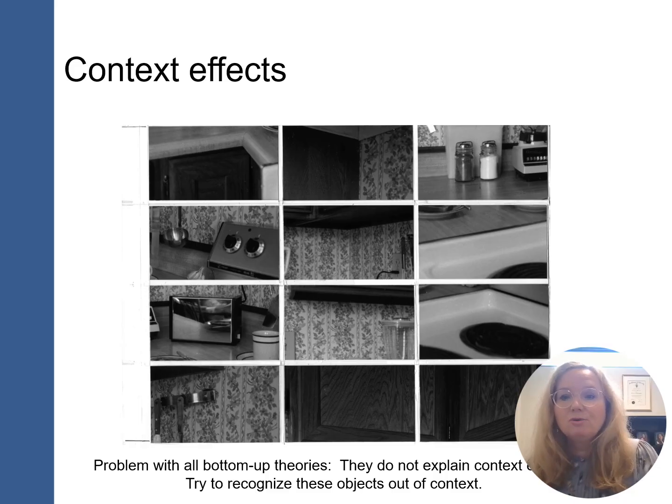Okay, so we are obviously doing nuanced things when we take information from the outside world and then make judgments about it. Another thing that is important to pay attention to is that our information does not occur in isolation. We have context, and that context is really interesting. So in this picture, you see a bunch of black and white pictures, and you probably have no idea what these things are. Out of context, these little photographs don't probably mean anything. You might be able to get a bit of a clue, but